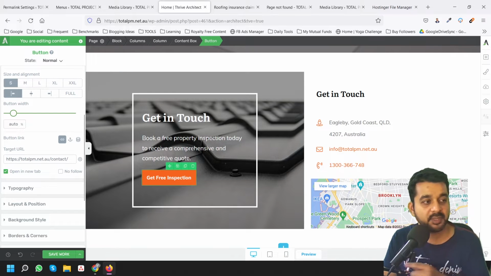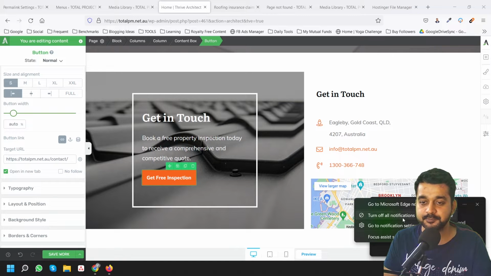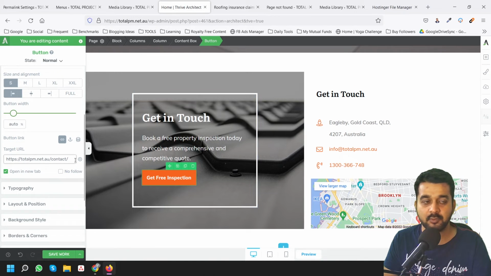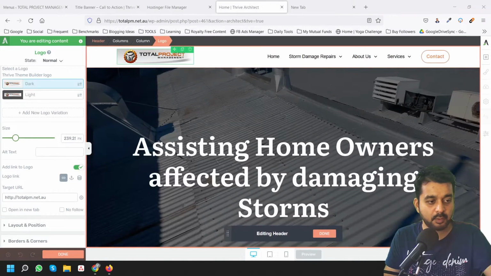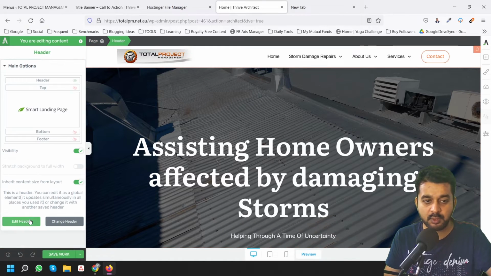Okay, so on the homepage, I think we have corrected all the links here. In the header also we found that on the logo we were having an HTTP URL. So we had to change it, and similarly we